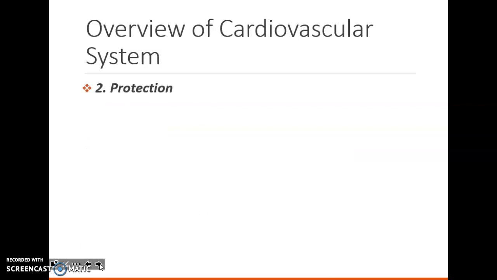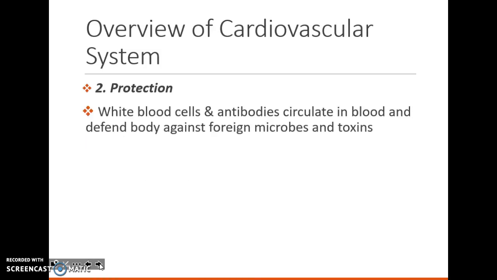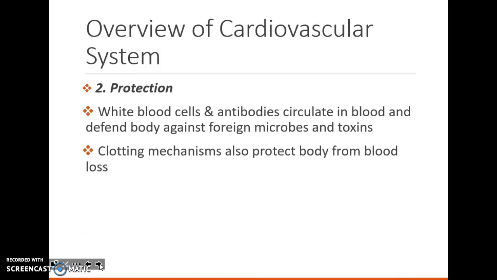The second thing that it does is protection. So the immune system and the white blood cells are really enmeshed, like they're really involved in the cardiovascular system. So the white blood cells and antibodies circulate in the blood and defend the body against foreign microbes and toxins. Also, clotting mechanisms, thrombocytes, protect your body from blood loss. So whenever you get cut, those clotting mechanisms make a little mesh and a scab, and it protects you from